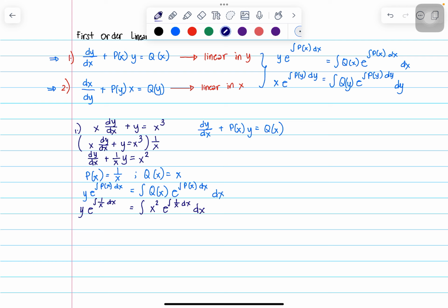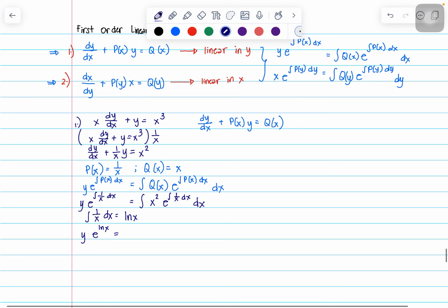Now what is the integral of 1 over x dx? That is ln x, right? So substituting, we have y times e to the ln x is equal to the integral of x squared times e to the ln x